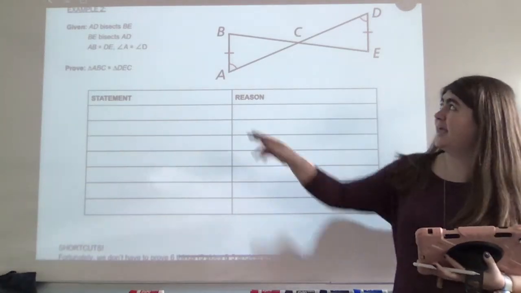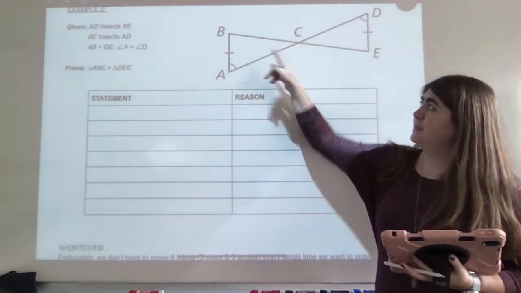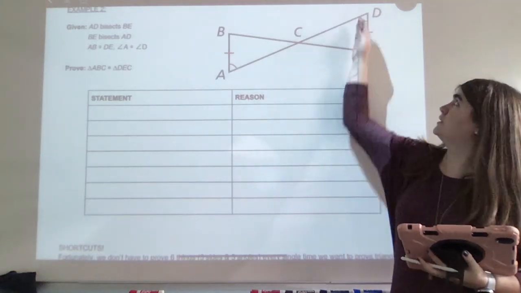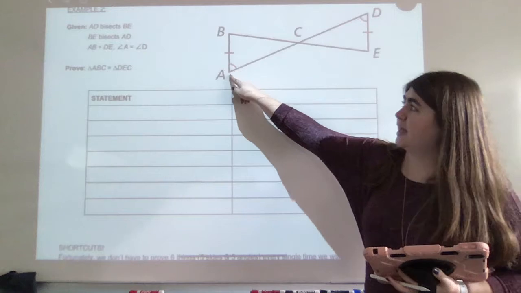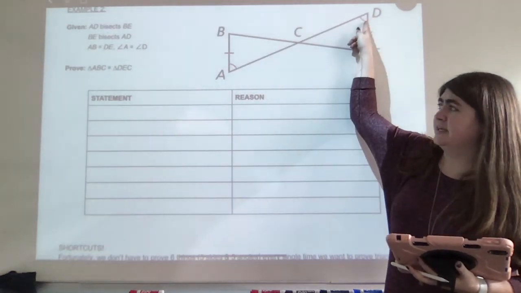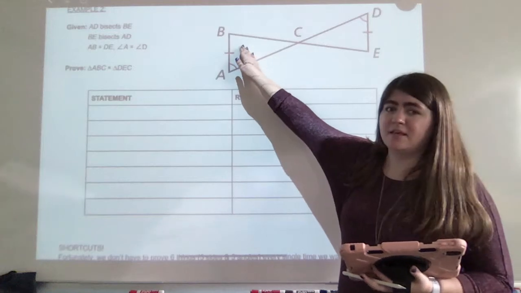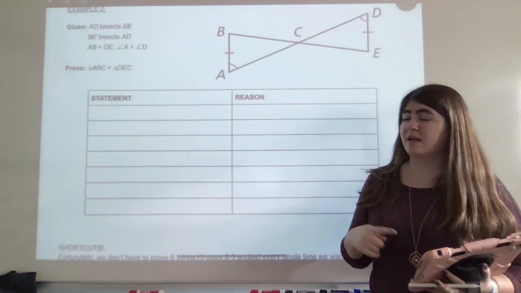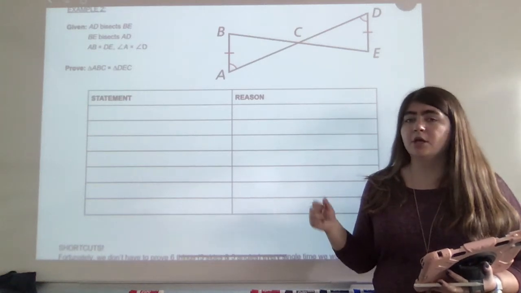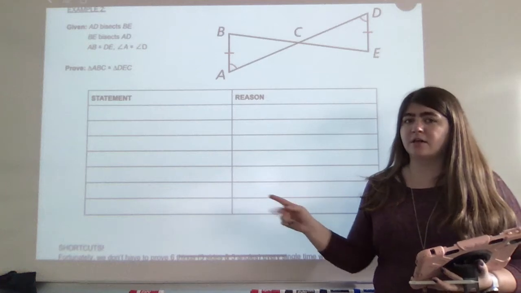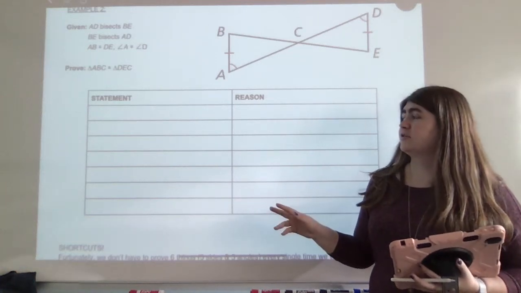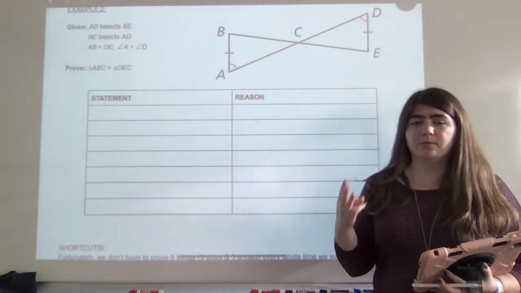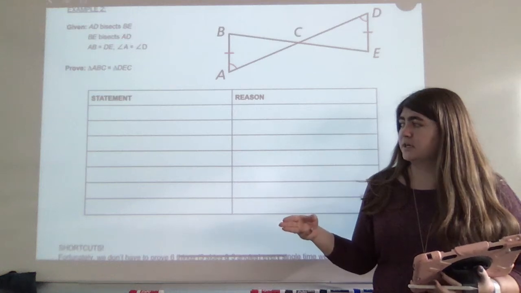Example 2 says, given that AD bisects BE and BE bisects AD, and AB is congruent to DE, and angle A is congruent to angle D, prove that triangle ABC is congruent to triangle DEC. Now, if you remember from what we just said on the last page, to prove two triangles are congruent, you have to prove that all sides and all angles are congruent. So I'm looking for 3 steps saying angles are congruent and 3 steps saying sides are congruent